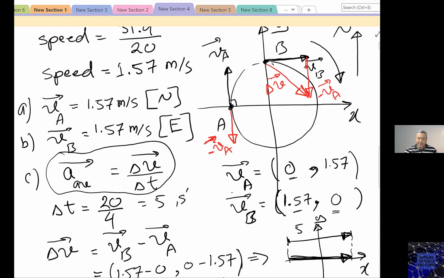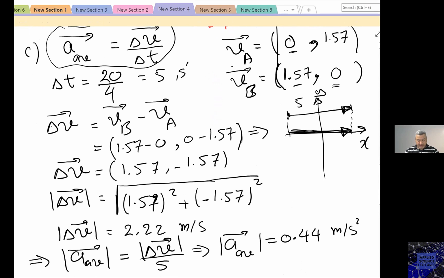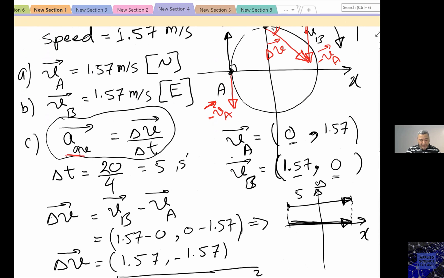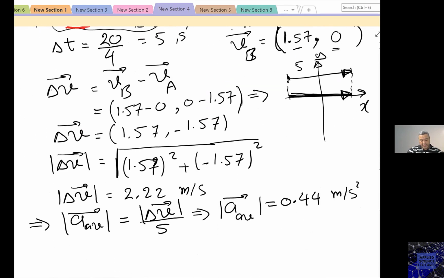So for me, if I find this direction, I also found the direction of the acceleration. The average acceleration is the same direction as the change in the velocity. So let's find the direction of the change of the velocity. I need theta. And theta here is